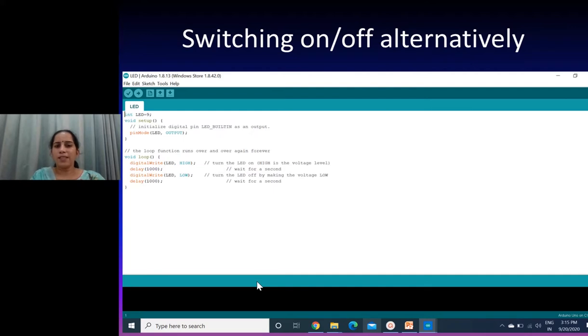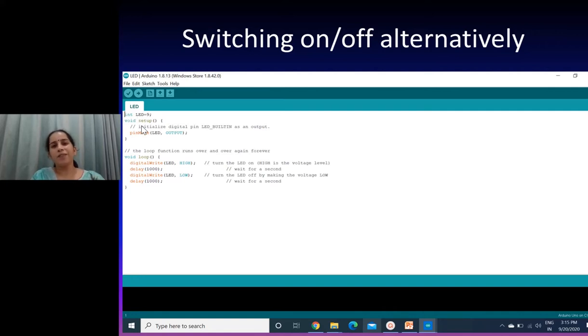This is one simple code for switching an LED on and off alternately, with a delay of 1 second. If you check out the code, the first instruction is int LED = 9.